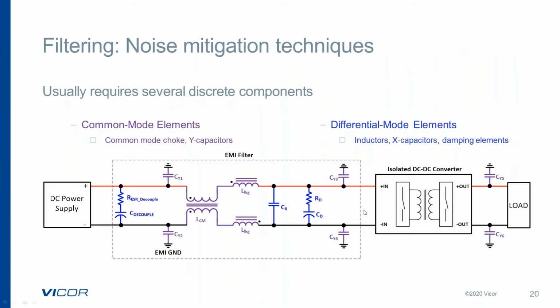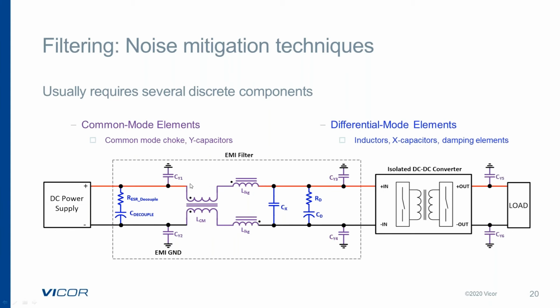And so we look at an EMI filter and noise mitigation technique. The filter typically has two components, a common mode element as well as a differential mode element. So the components in purple are the common mode noise elements. And again, the common mode noise elements are common from both of the inputs to the ground plane underneath the